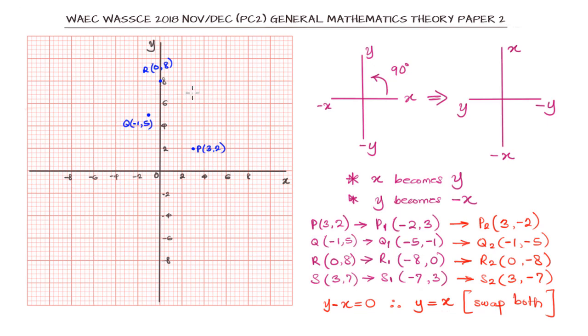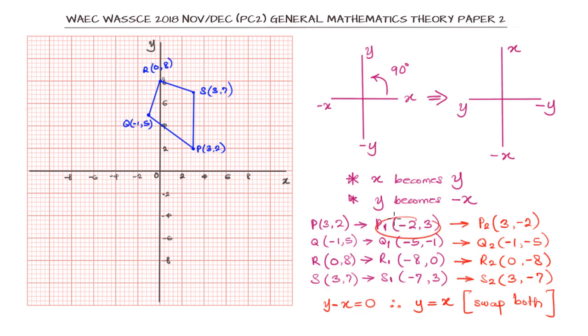So we have S 3, 7. With this, if we join all the points together, we are going to have our quadrilateral. This quadrilateral PQRS is our quadrilateral as requested. So with that, we've been able to find the quadrilateral defined by PQRS, but then we can also go to